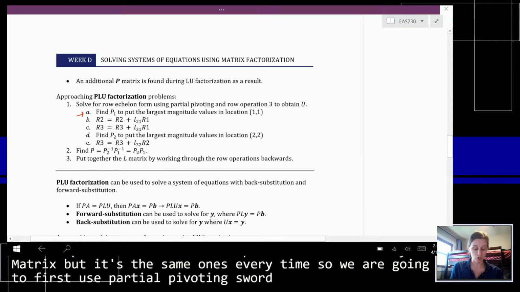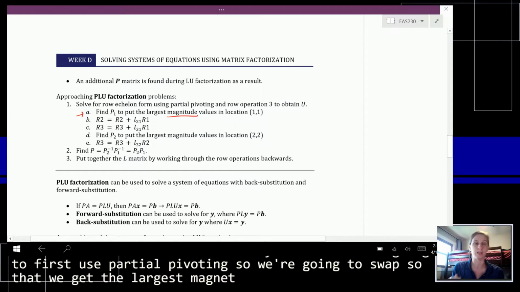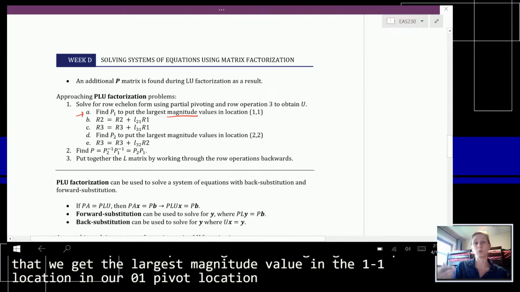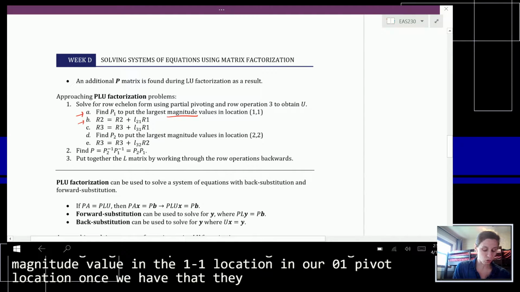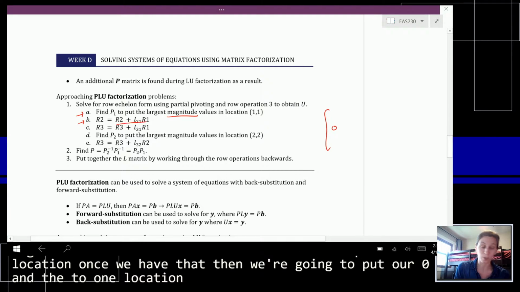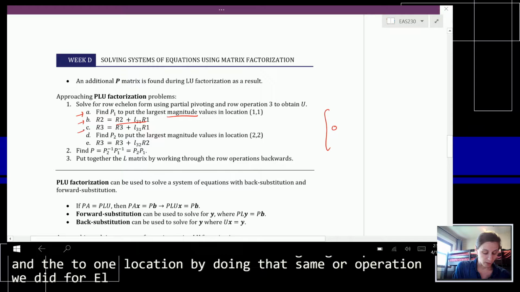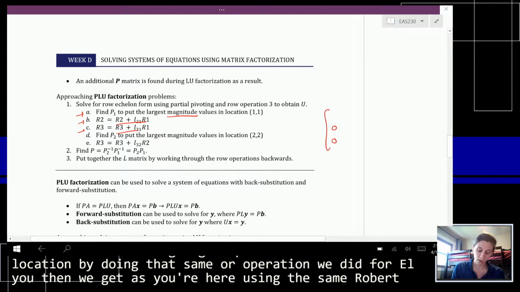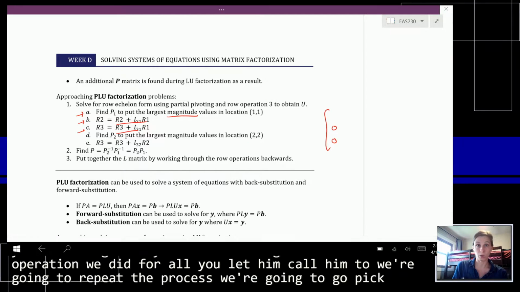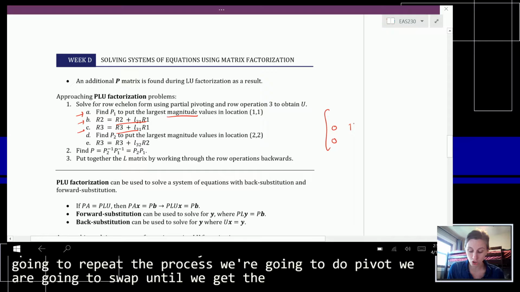So we're going to swap so that we get the largest magnitude value in the 1,1 location, in our row 1 pivot location. Once we have that, then we're going to put our 0 in the 2,1 location by doing that same row operation we did for LU. Then we get a 0 here, using the same row operation we did for LU. Then in column 2, we're going to repeat the process. We're going to pivot. We are going to swap until we get the largest magnitude value in the 2,2